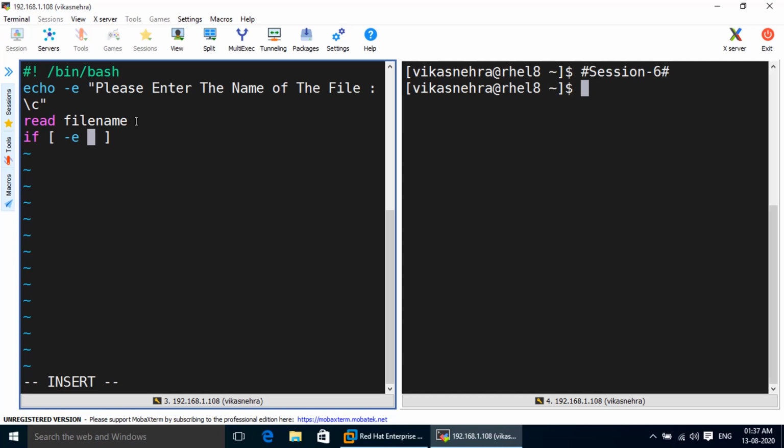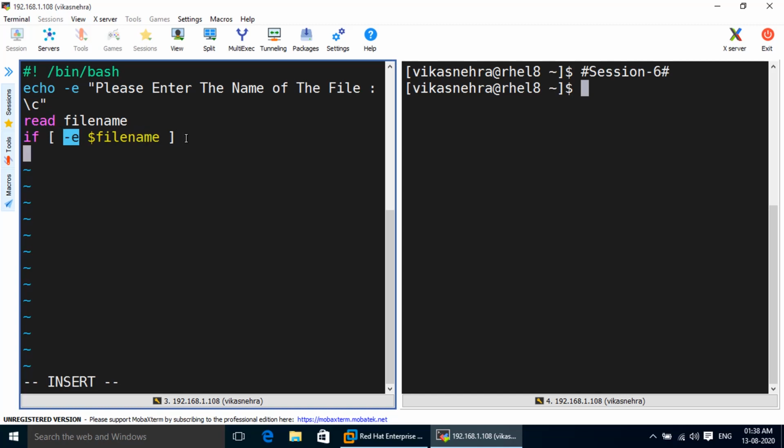I will tell you why we are using it. We will call the variable like this. We are using this hyphen e inside the if statement because it will check whether the file exists, just for checking the file availability.